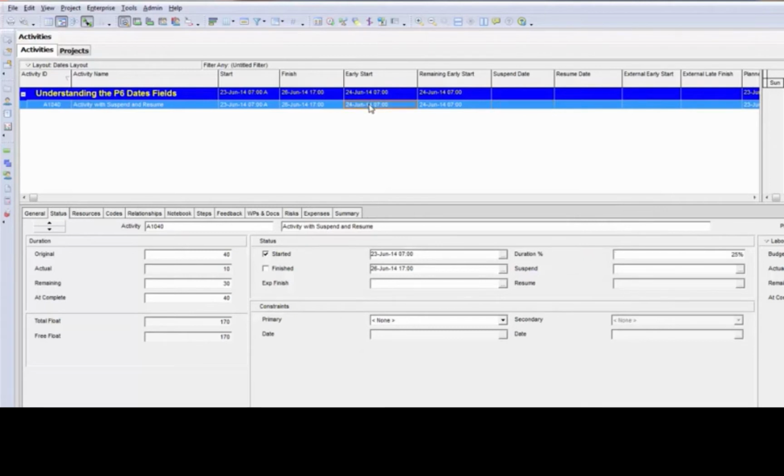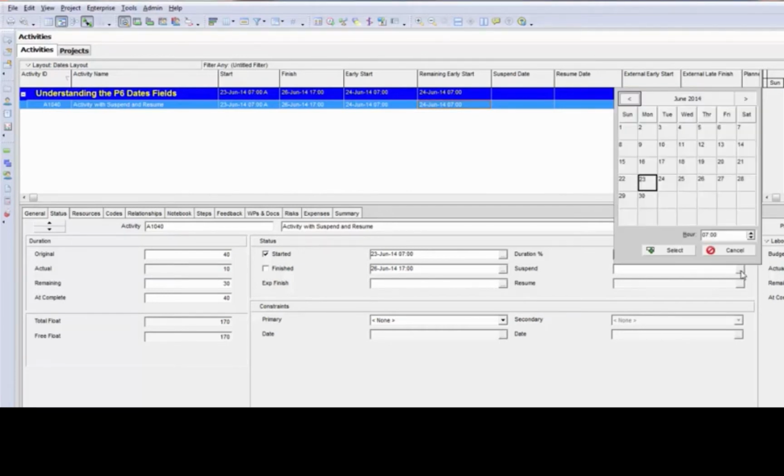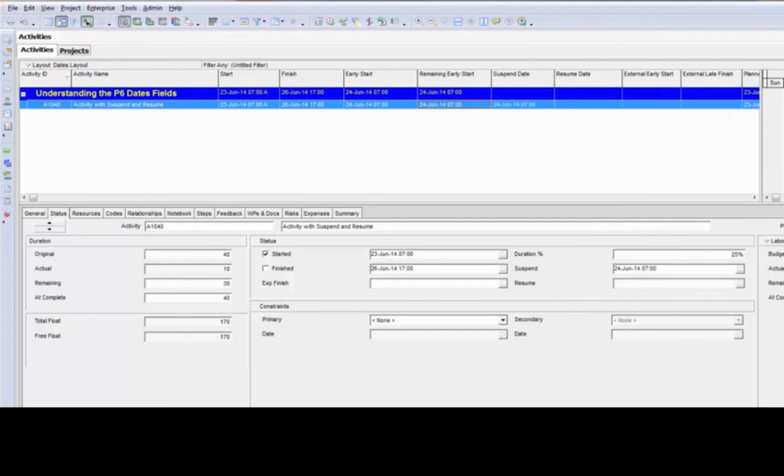Now that we've entered the progress, it's possible that the work had to stop for some reason. The suspend date has become available. Previously to updating the progress on it, the suspend field was grayed out. So I'm going to tell the activity to suspend or stop work. We'll go ahead and tell it to stop work as of the 24th at 7 a.m., which is basically the